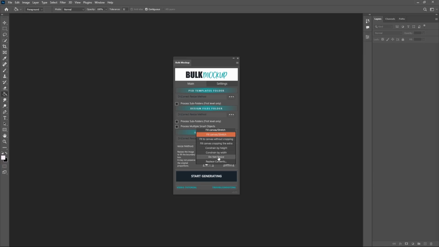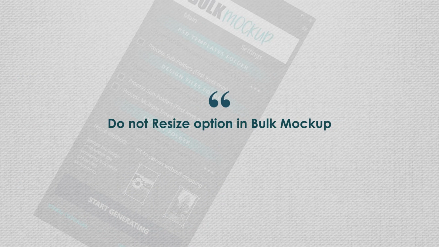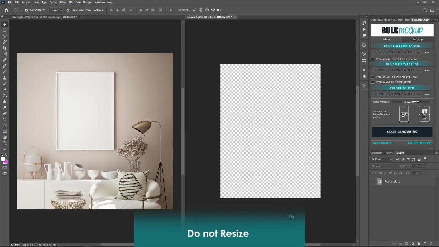Remember what I mentioned earlier about the last 2 methods? These methods have a unique purpose, and we'll begin by taking a closer look at the Do Not Resize option in Bulk Mockup to understand how it behaves in different scenarios. This method is unique because it doesn't change the size of your design file. Instead, it places the design exactly as it is, centered within the Smart Object layer, and depends on the size